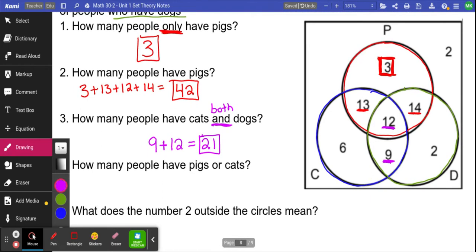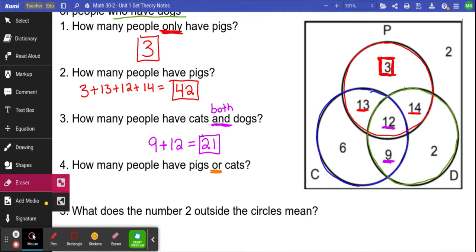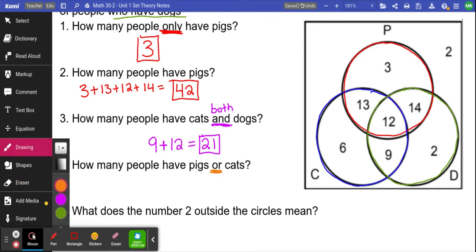Wonderful. Next one. How many people have pigs or cats? Or is inclusive. That means anyone who has a pig or anyone who has a cat would be included in this number. I like to always say it's like adding 2 groups together. So if I look over my Venn diagram,